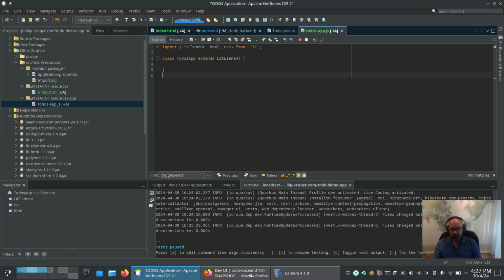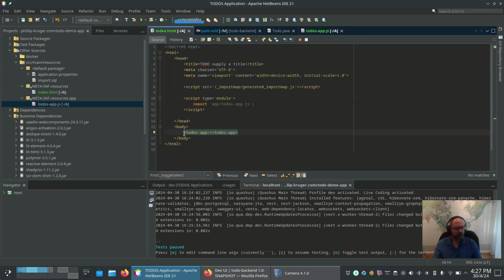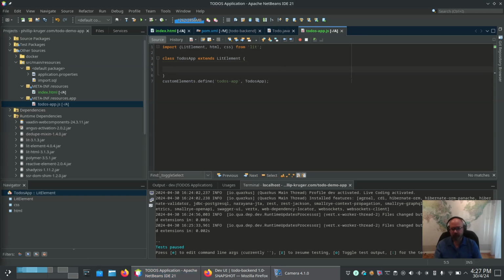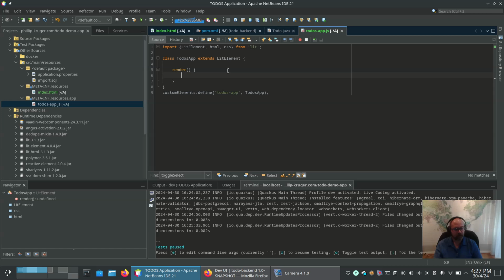And I need to tell the DOM that there's a new element that can be used, so I do this, and because I now say that this element is available, this is why I can do this, because this is now an element that's available to use. Now in here we want to, lit allows us to just add this method and then return what should be